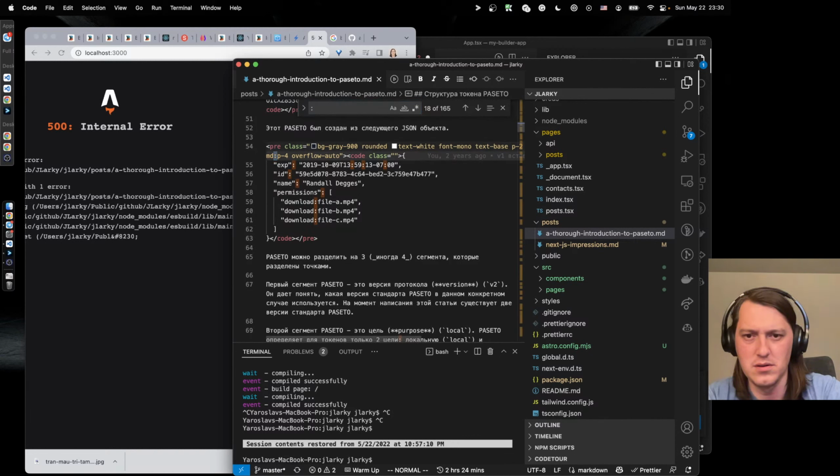Okay. So Rollup. Maybe we should check out the Rollup config. So TypeScript, CommonJS, named exports.